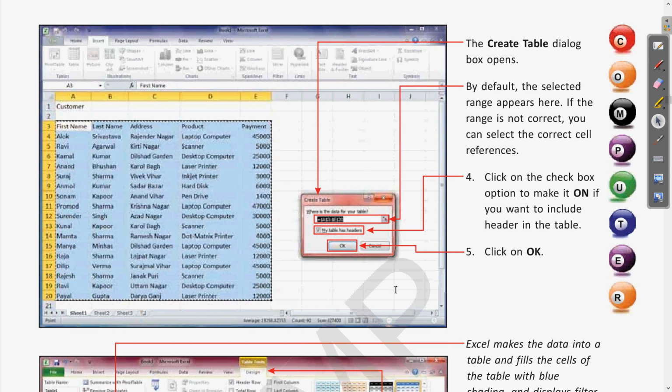So here you can see after we have clicked on the Table button, this Create Table dialog box opens. By default the selected range appears here. Whatever range where the data is present will be shown in this Create Table dialog box also. If the range is not correct, you can select the correct cell references.